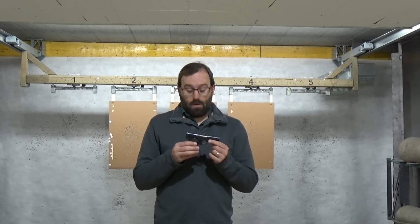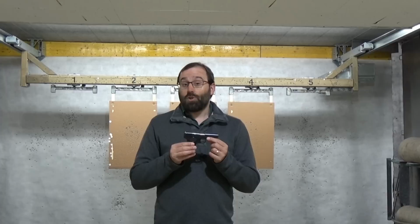Hi, this is Mike B with TFB TV, and today I'm bringing you another European poodle pistol, this time the FN 1910. Now, this sweet little thing is a John Browning design, intended to be the successor to the Colt